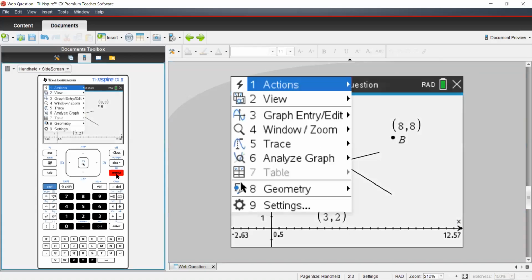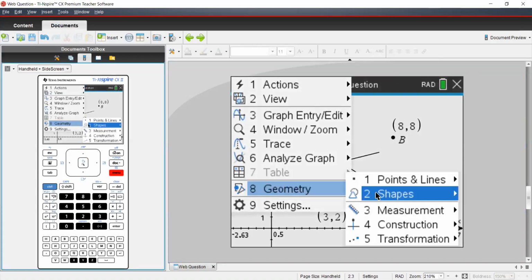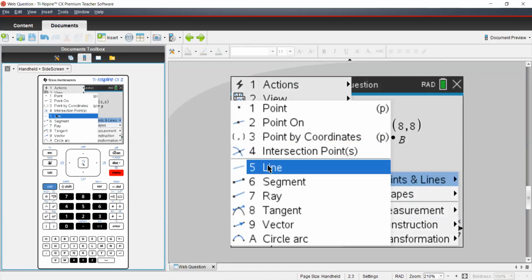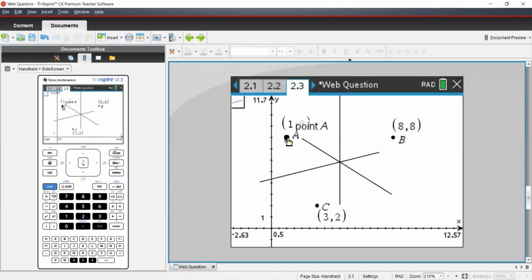Also I can connect these points. I will connect these 3 points A, B, and C. Geometry, points and lines, and then line. I need to connect A and B. It will give you a better visualization. And I'm connecting then B and C, and then connect C and A. Once it's done, if they need extending, you can do it this way.